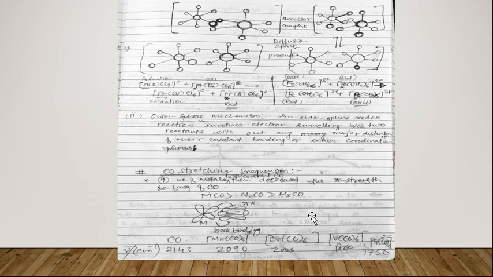According to that, we can judge which species has more. Here the CO stretching frequency is high, 2143 centimeter inverse, and this complex is 2090 centimeter inverse, and this complex is lower because